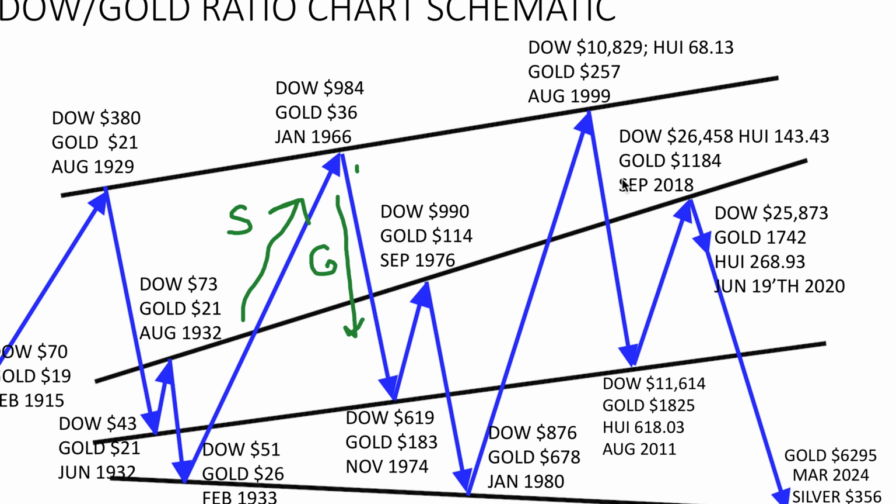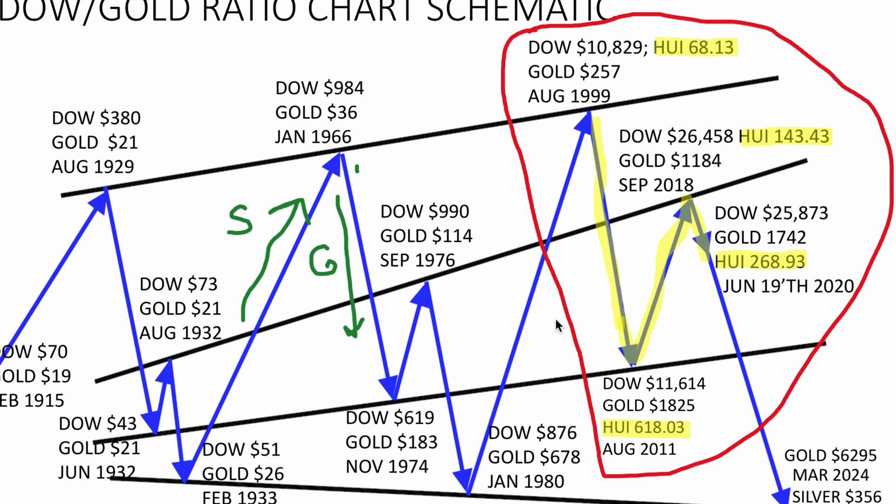So if you go back and look at the first video, if you're interested in this theory, this is a way of breaking this up into segments. What you want to be is in stocks when you're in an up segment, and in gold or mining for a down segment. Like I said, I'm focusing in on this segment right here. In this particular video, I'm throwing in the Huey because I want to see how the Huey does in this segment versus gold as well.